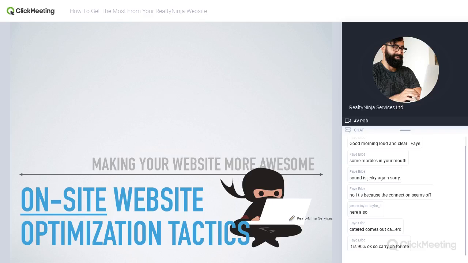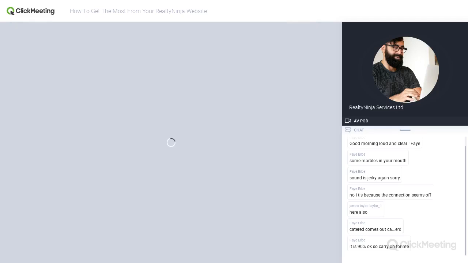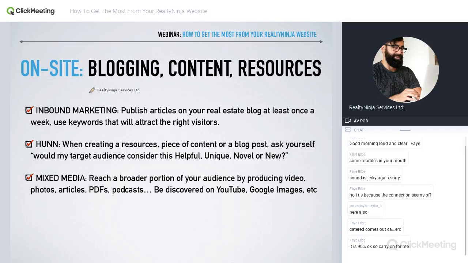So with that said, let's get into on-site optimization tactics, things you can do to make your website more powerful, convert leads better, and capture more traffic as well. So the first on-site optimization tactic is blogging, content, resources, essentially providing value to people through your website. Now, this is going to keep people around longer, and it's going to make you look like the expert. It's going to build trust with those people through the digital barrier, and it's eventually going to